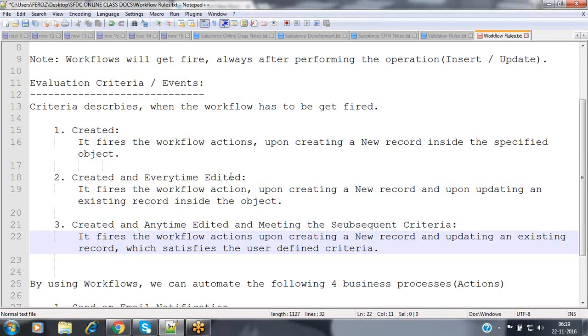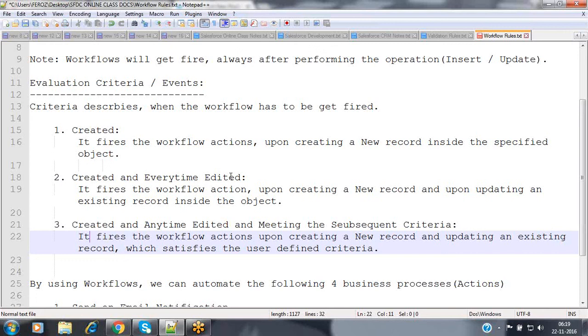Whenever you are withdrawing, updating the record, or inserting the record, it is fired always. It won't cross check any condition. But with the third criteria, it executes those workflow actions whenever that criteria has been met. If the criteria is not satisfied, it won't fire those actions.